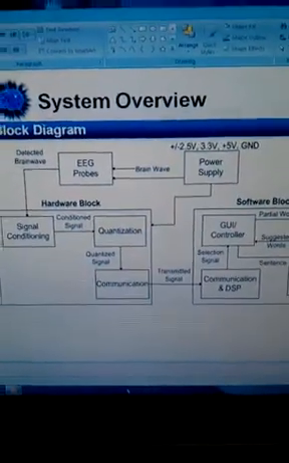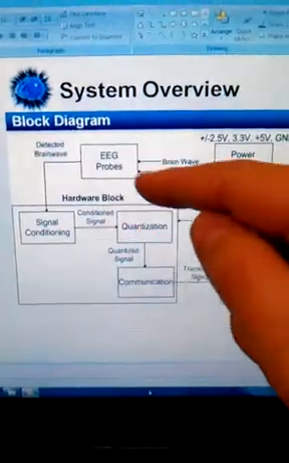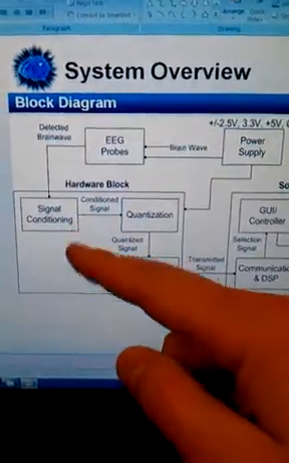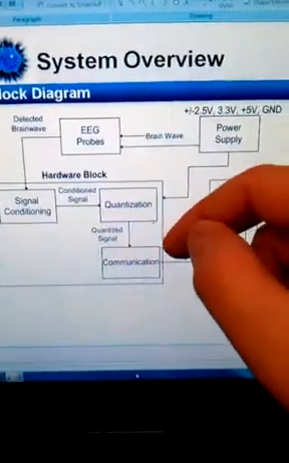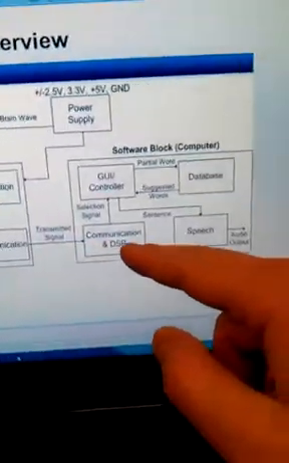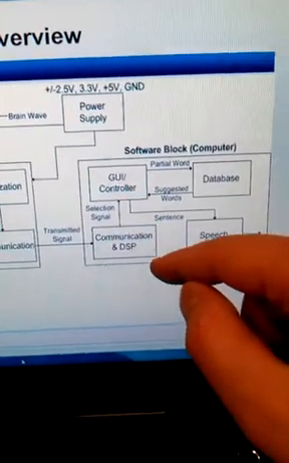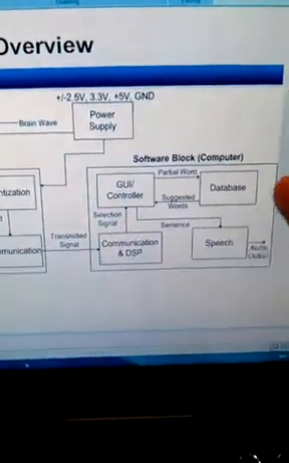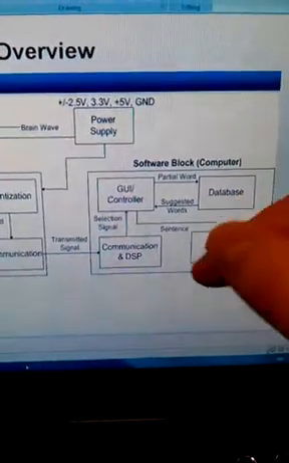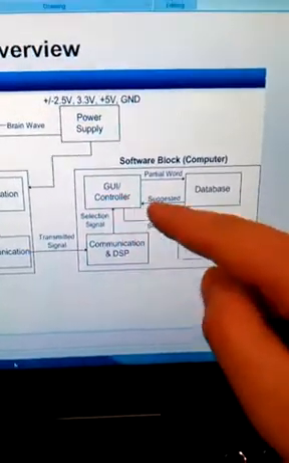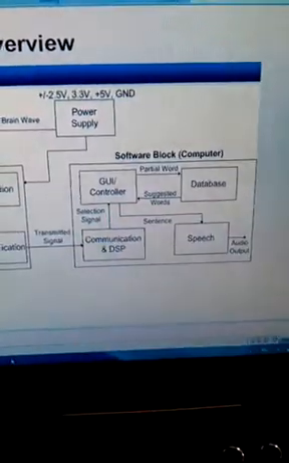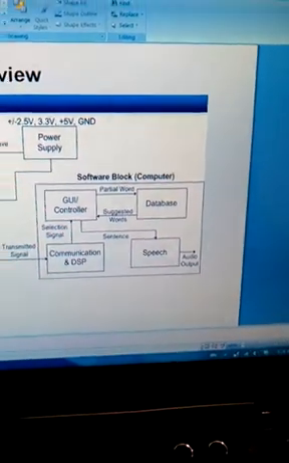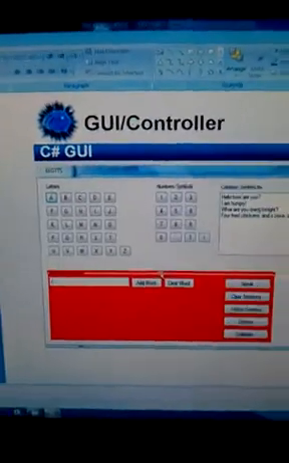This here is our circuit diagram. We have power supply, dry active probes. Signal goes into the signal conditioning block where those instrumentation amplifier gains and filters were. ADC, communication to the PC. We do some DSP on it, and basically use correlation with an ideal ERP to detect when there was a stimulus. And then that controls our GUI, which will query a database and use suggested words and things, and then it'll speak it. So if I go down a bit, I can show, this is basically what our GUI looks